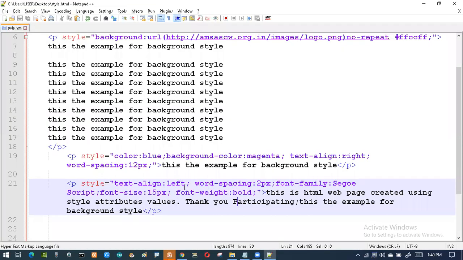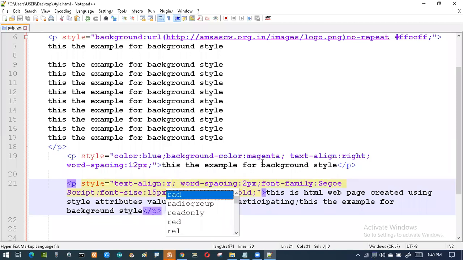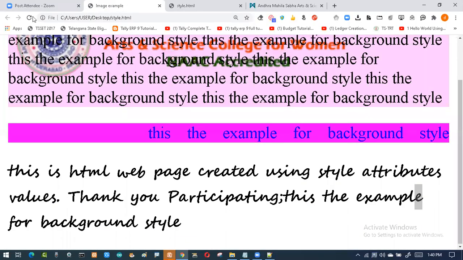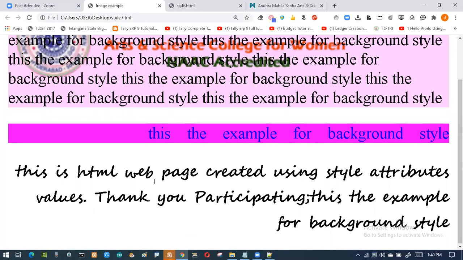If I say right in the text align right, then you can see it will be right side, and you can see it is coming from the right side. Now this here, this is okay, S is okay, E is okay, and here also E is okay, but coming over here you can see T and V and F are in different locations. Okay, so this is the right side.